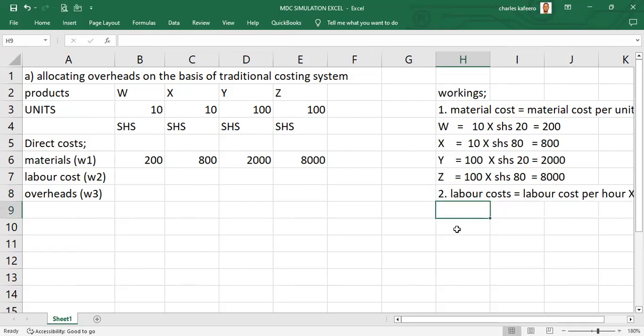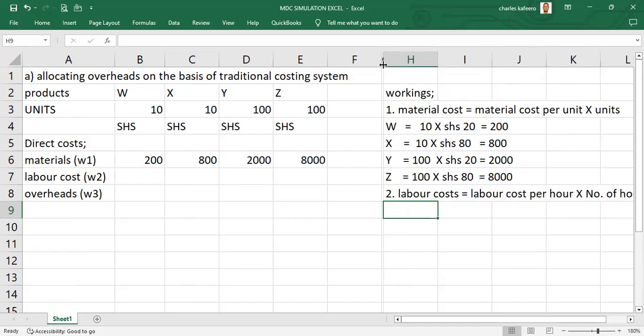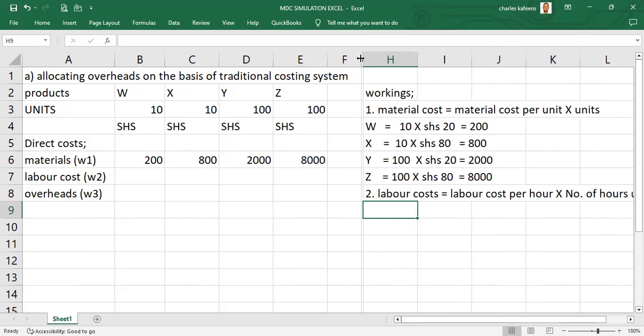So when we do that, we are going to be able to compute